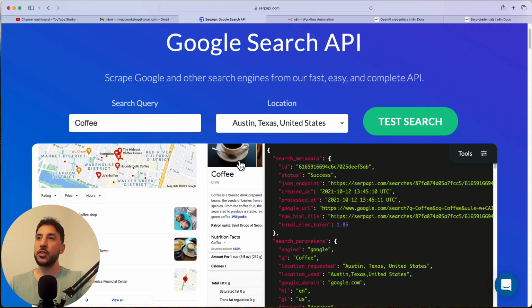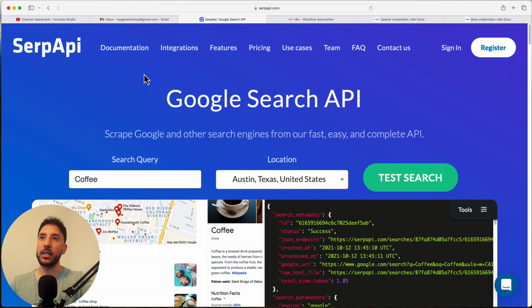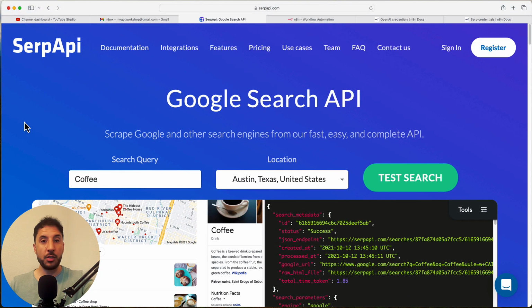And another advantage of having your agent connected to SERP API is not only does it provide you the most real data, but it also has access to data like organic searches or paid ads that Google or these other search engines already run, right? So that's what makes it very, very different compared to these existing pre-trained large language models. All right, so that's a little bit about SERP API.